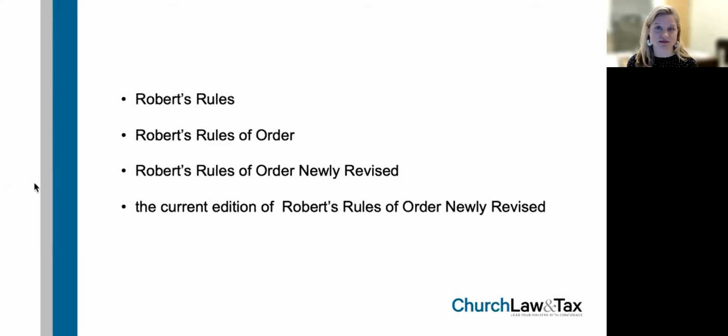I think it's important for people to understand that what you call your parliamentary authority in your governing documents is important. So in an ideal world, if you want to specify a parliamentary authority in your bylaws, you would add a section, usually near the end of the bylaws, titled Parliamentary Authority, and a best practice, if you want to use Robert's Rules of Order, would be to say the current edition of Robert's Rules of Order, newly revised, shall be applicable in all matters not covered by law, constitution, or bylaws,